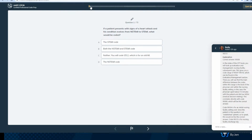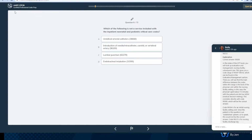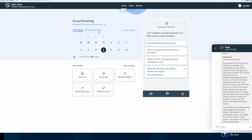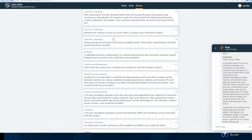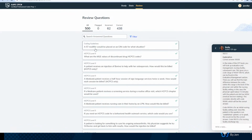You can skip through questions by clicking on the tab at the top. You can also go back, and under review, right up here, at any time you can click that button. You'll see all 500 questions in one location, which is really handy because you can click on the first one